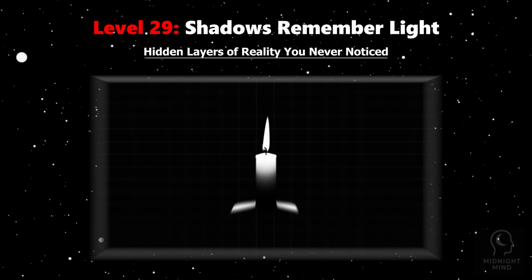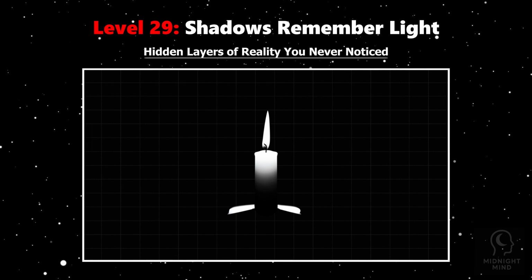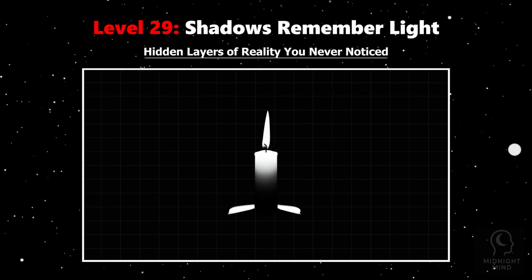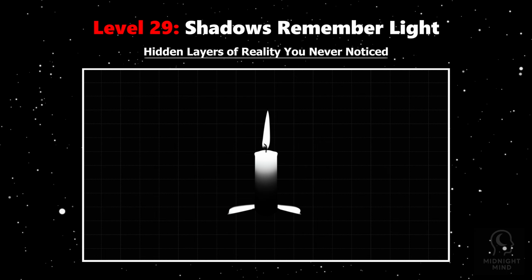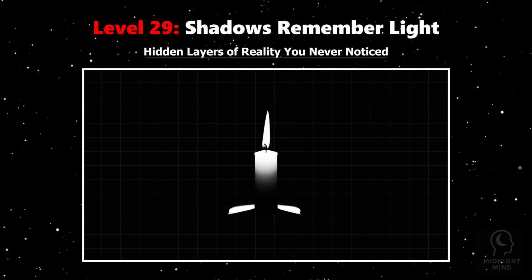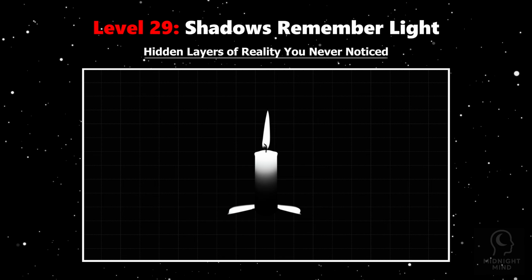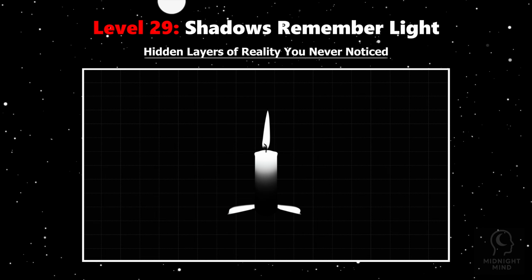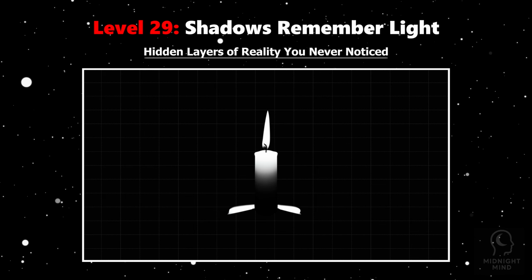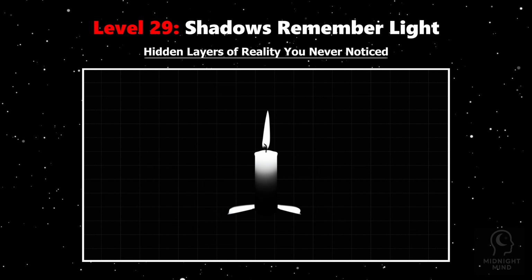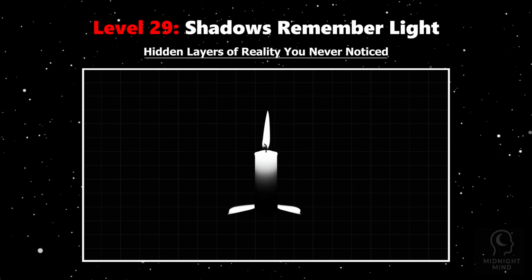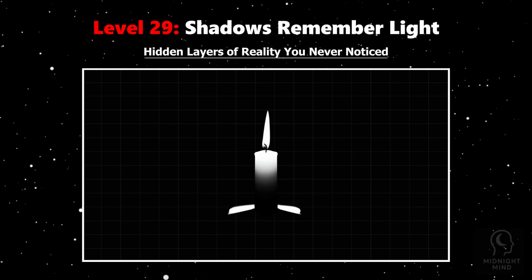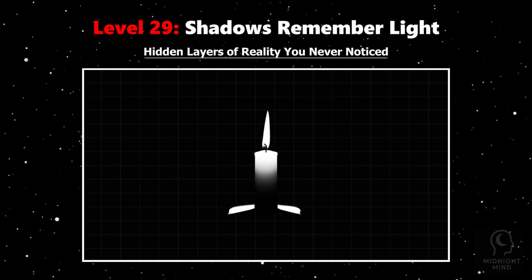Imagine a shadow, not just a void, but a lingering memory of light. Darkness isn't mere absence, it's a silent record of the illumination that once created it. Physics teaches us that shadows form because light is blocked or absorbed, but the edges, the shapes, the gradients, these are traces, echoes of light's journey. Photons, the particles of light, carry information about the objects they interact with, imprinting histories on surfaces and spaces. Even in darkness, residual photons can scatter subtly, telling a story of past brightness.